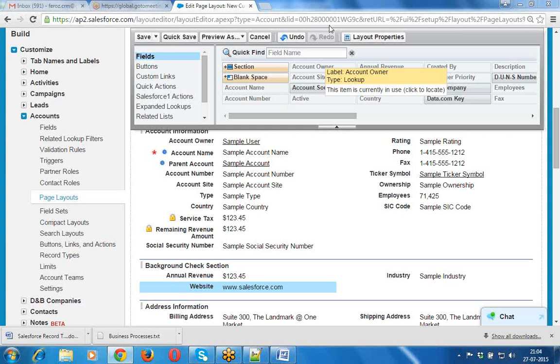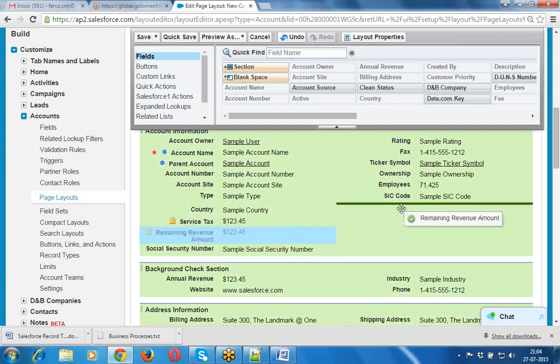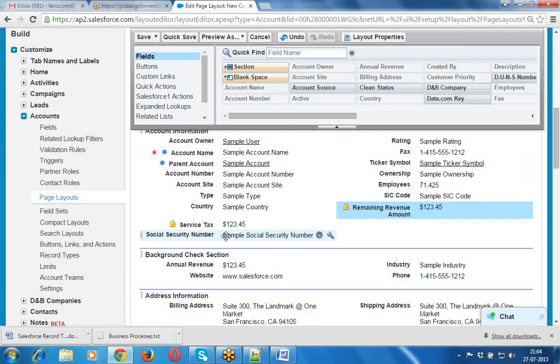Now here I have created the background section where I am placing some fields like the annual revenue field, industry field, website field also, and then I am going to provide one more field that is called the phone number. Okay, and then the remaining fields I am going to make here on existing.